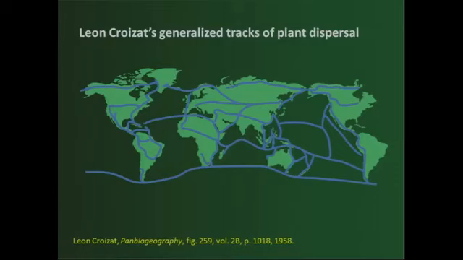In the last century, a man called Léon Croizat plotted many tracks like these, showing dispersal routes across the world. And each of these lines is known as a generalized track, where many different plants follow the same route. Croizat's work emphasized that there are many tracks that cross oceans, and many tracks that follow coastlines. We see one here going right the way across the Arctic coast,